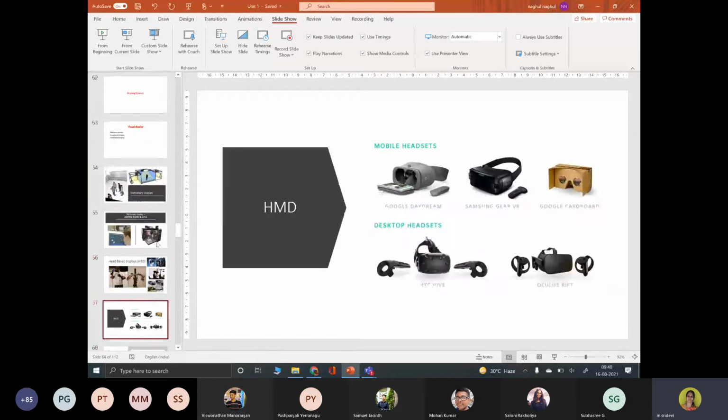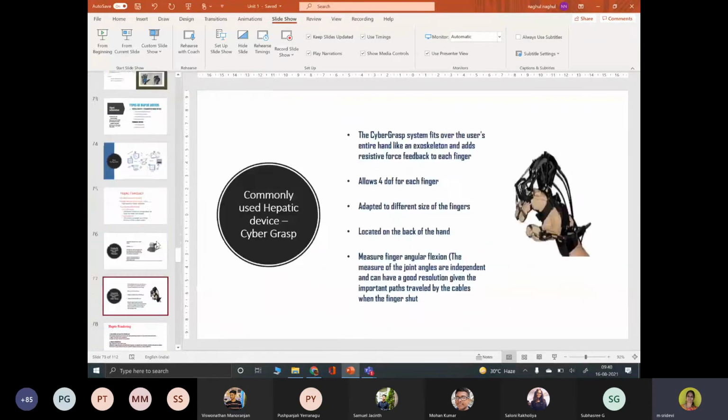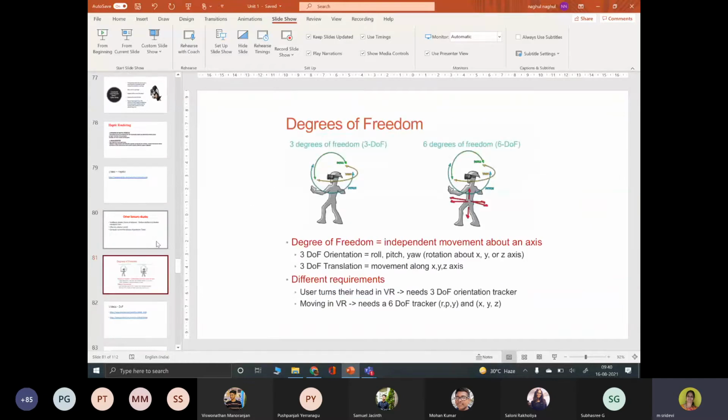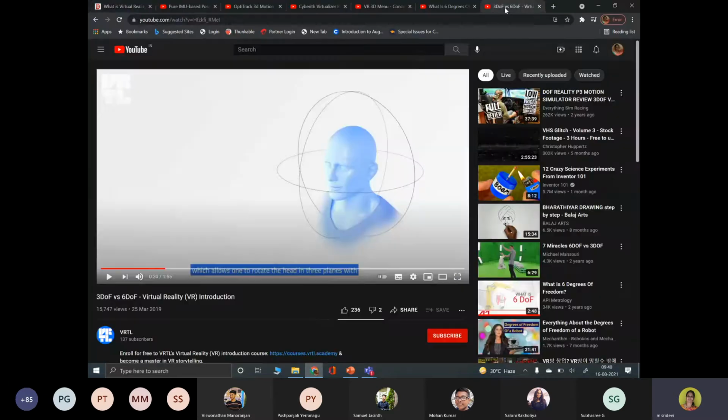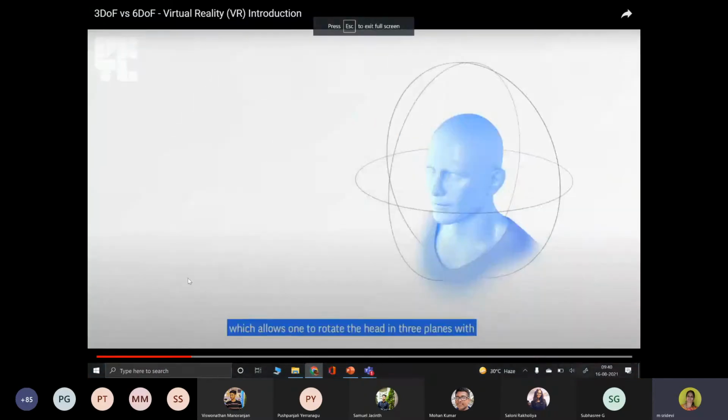tracking system. So in the case of a tracking system, before discussing it, one more important concept you need to know, that is the degree of freedom, which I have already posted in the previous lecture. Anyway, let me show one more video for that and then I can move on to the further discussion. So we have discussed field of interest, field of regard, and another important concept with virtual reality is degree of freedom. How it is free.